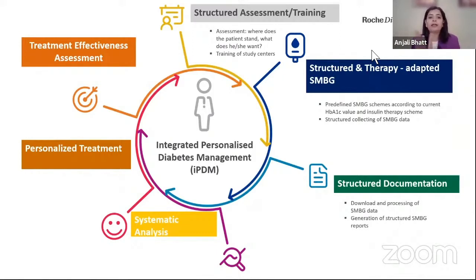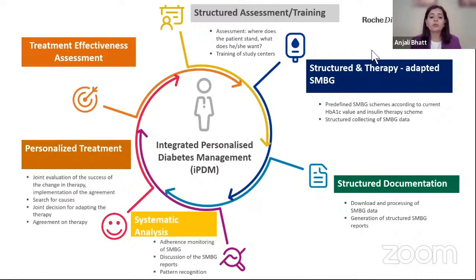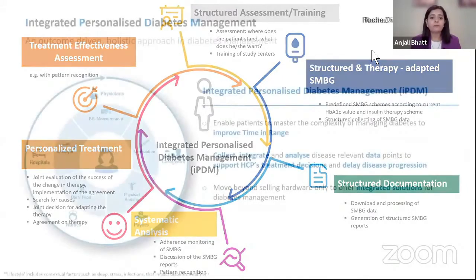And then the treatment effectiveness assessment becomes very easy, because we know exactly where to look, because the person is having a problem with the glucose control exactly at 11 a.m. Next time when he comes, if that problem is sorted out, we know that the treatment is effective in its highest possible manner. So these are 6 steps which are structured, and if we have these steps in mind, it becomes easy to personalize the treatment when the person comes.